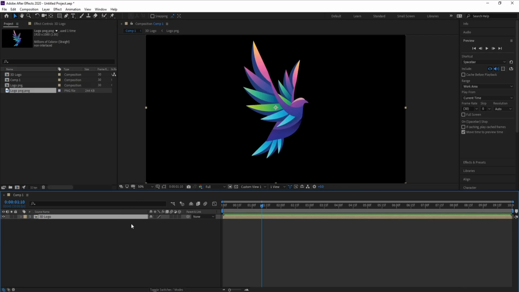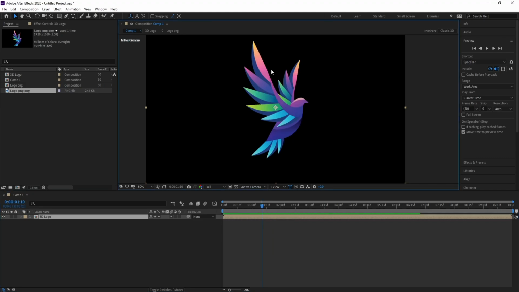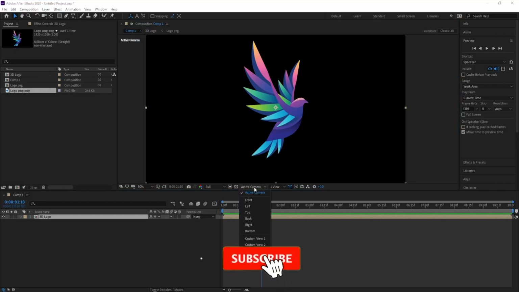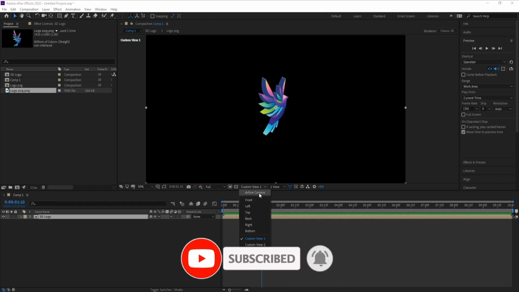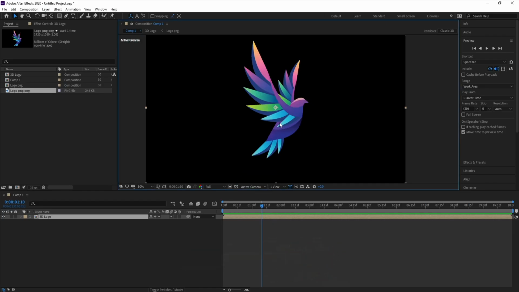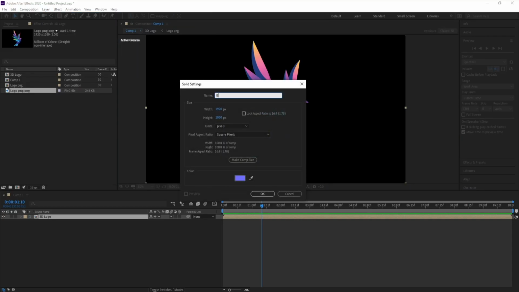Now I'll go to this icon for comp layer and check. And I'll go to active camera and this is our 3D logo. Very good. Now I'll go to layer, new solid as a background,